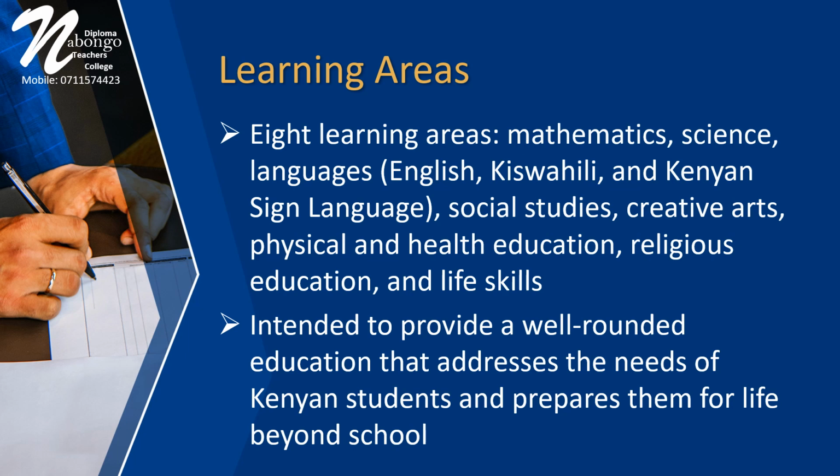The framework has a broad scope covering 8 learning areas: mathematics, science, languages, English, Kiswahili, and Kenyan Sign Language, social studies, creative arts, physical and health education, religious education, and life skills. These learning areas are intended to provide a well-rounded education that addresses the needs of Kenyan students and prepares them